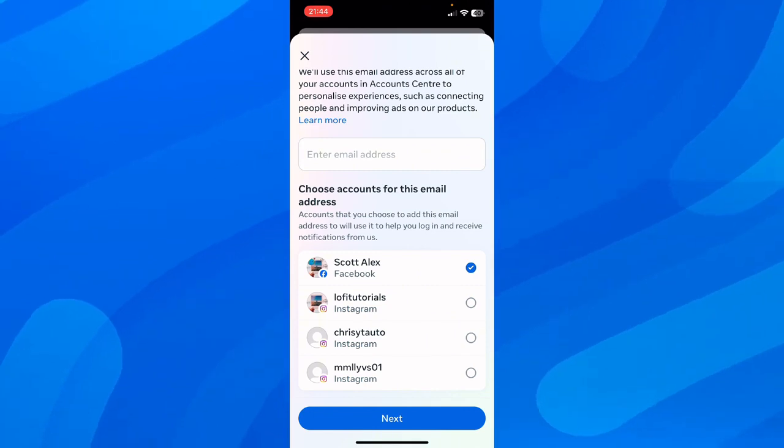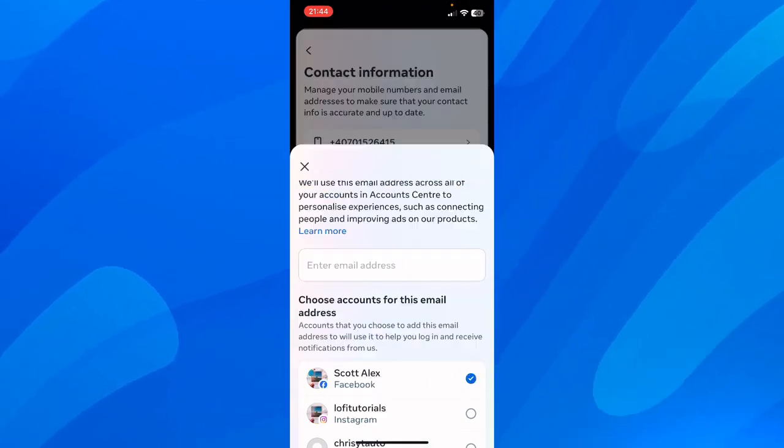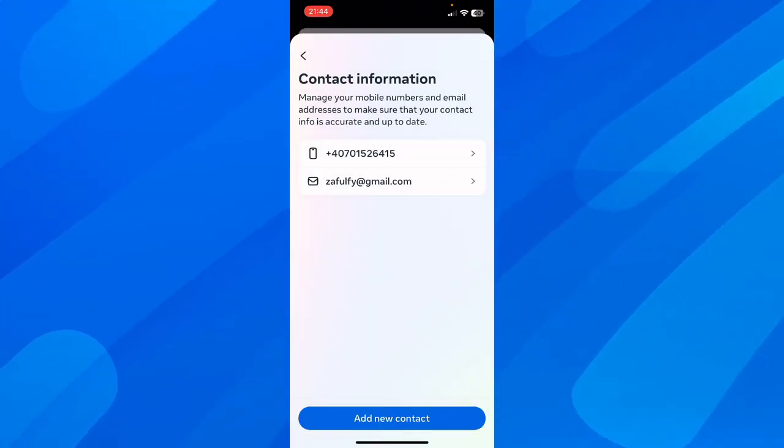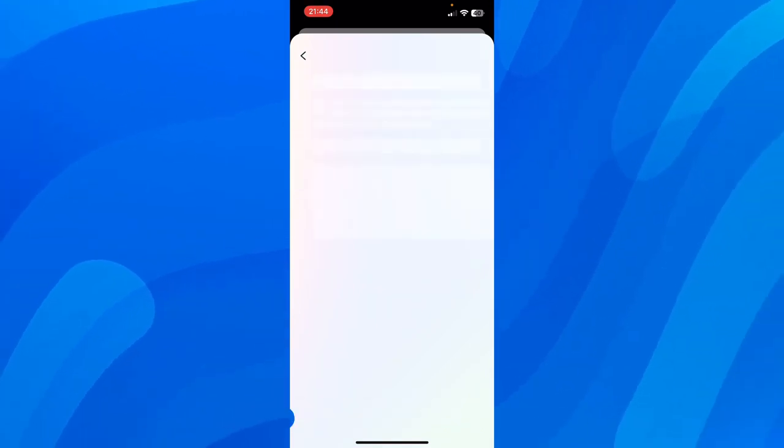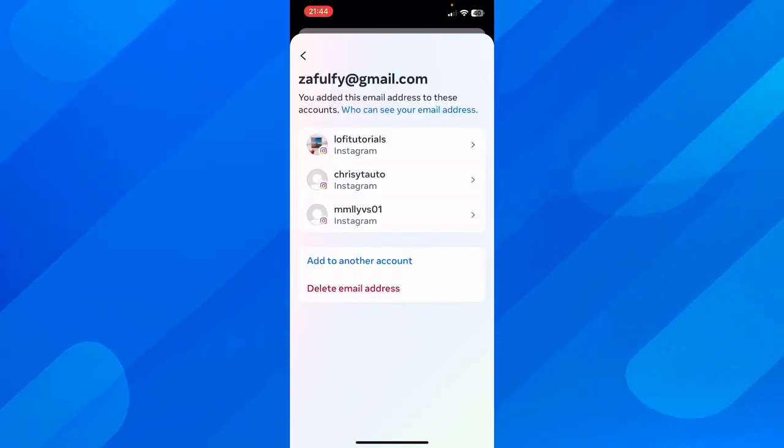So after that, you'll have to go back here to contact information and make sure to delete the old one. So tap on the old one and then simply tap on delete email address, and basically that's how you can